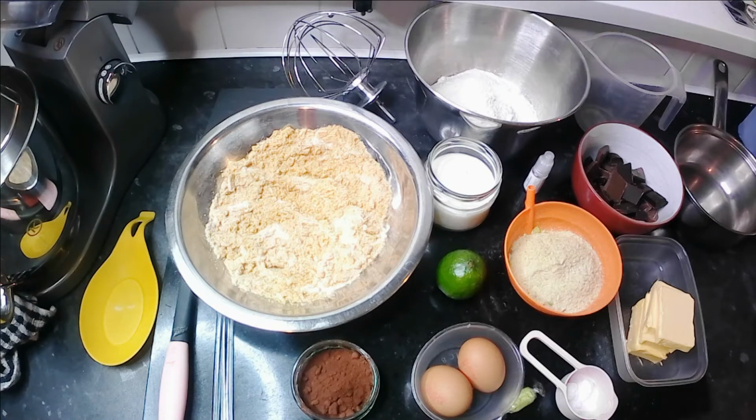Okay guys, we need 175 grams of unsalted butter, 200 grams of dark chocolate, 300 grams of plain flour, 375 grams of golden caster sugar, 25 grams of cocoa powder, 1 teaspoon of bicarbonate of soda, 2 medium eggs, 200 grams of natural yogurt,